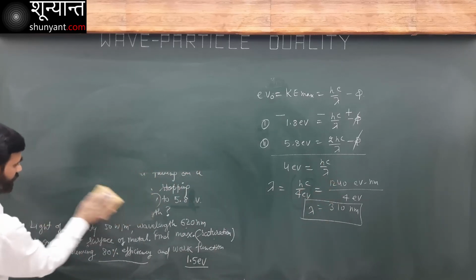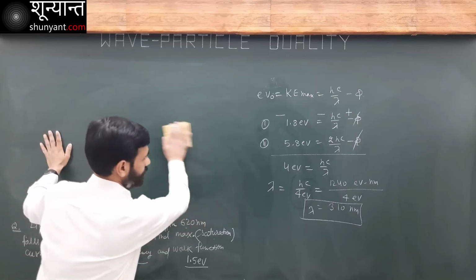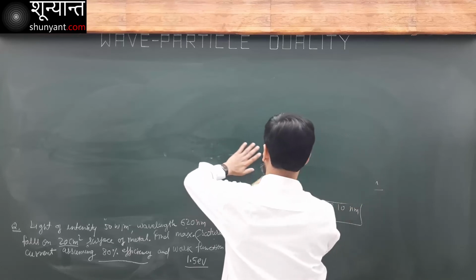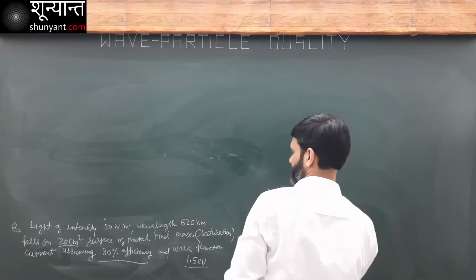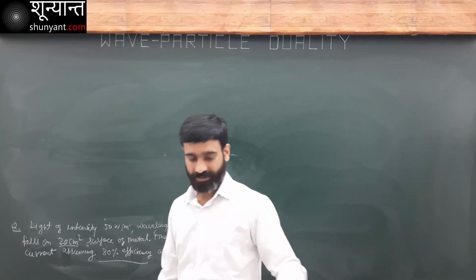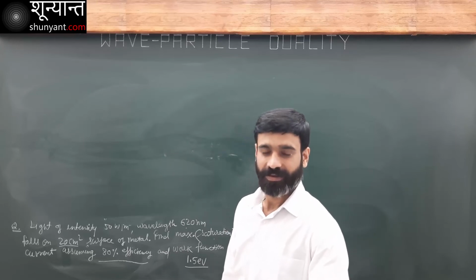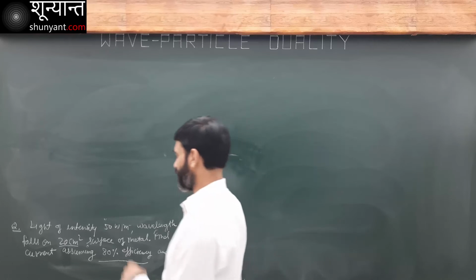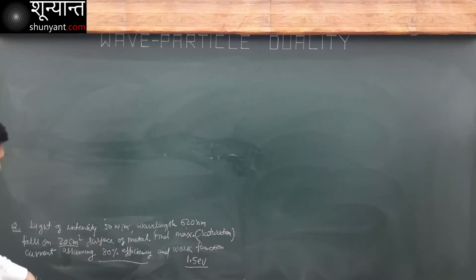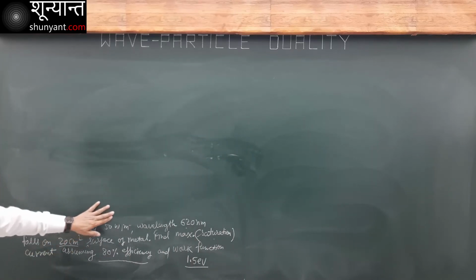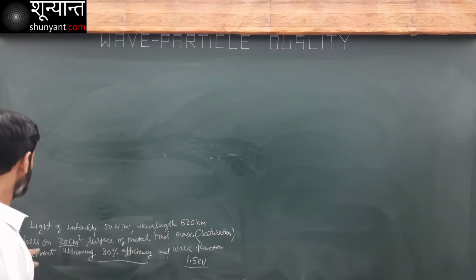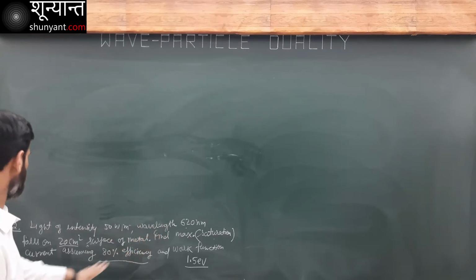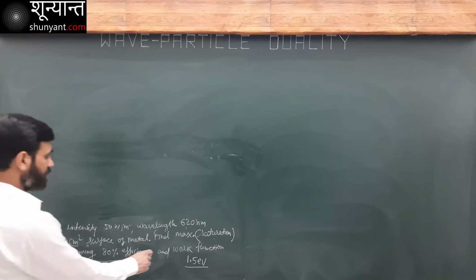Okay, now the last one. Let's conclude this. That's the last problem. Then there are many more problems in the problem sheet. You must do it, okay? Now, light of intensity 50, wavelength this, falls on whatever is given. Find maximum current assuming 80% efficiency